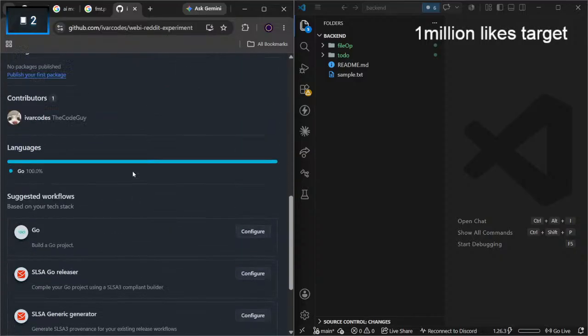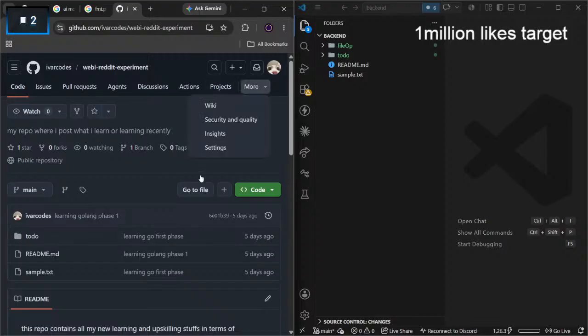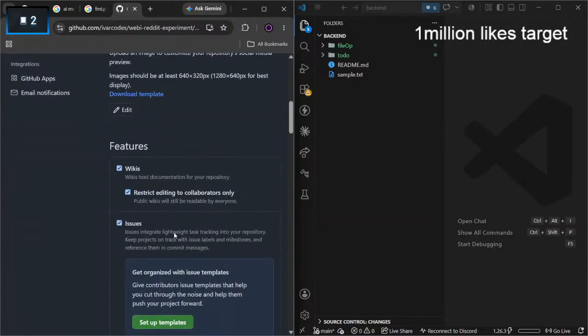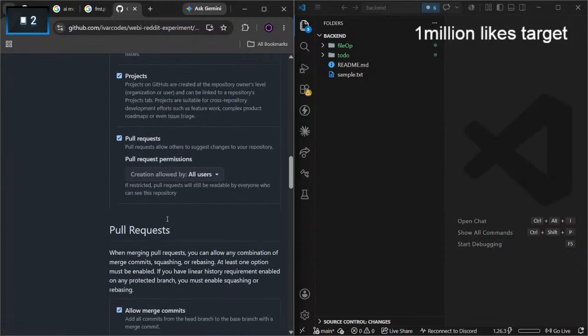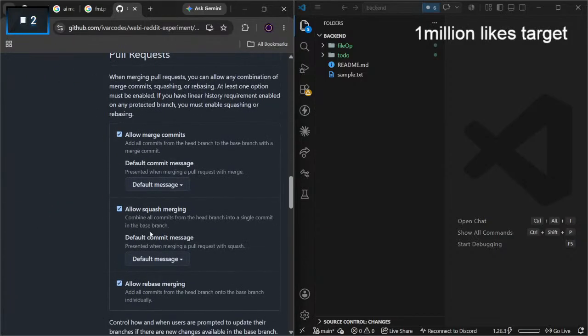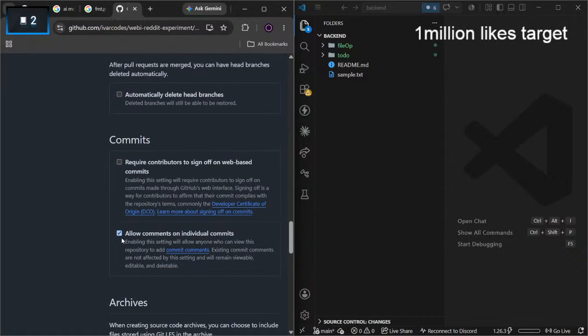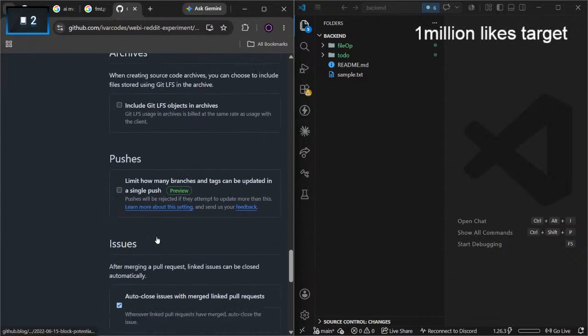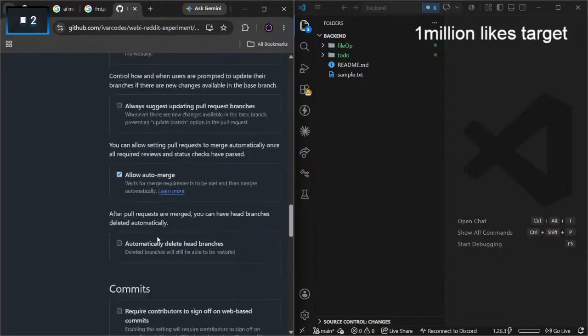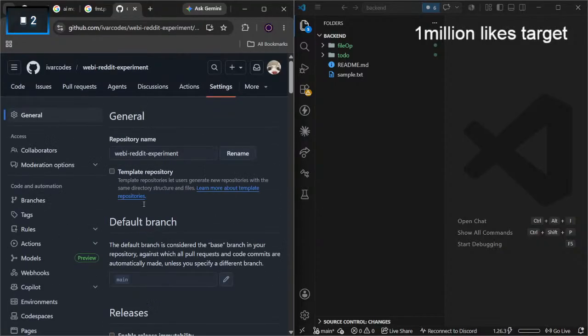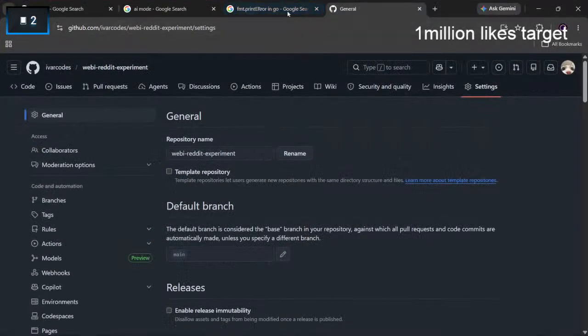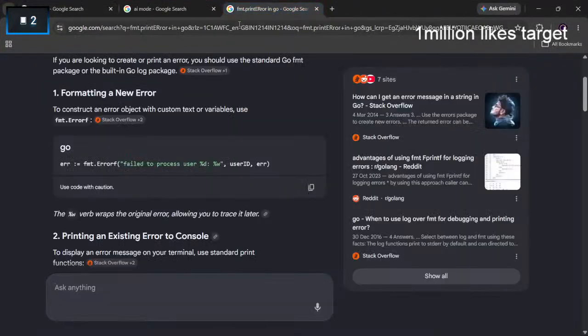You can check. Like, this is open repo. Let me show you. How do I see that? I did it that day. You don't need the permission. There it is. Yeah, allow merge commits and they allow auto merge. You don't even need permission to do. It's open repo right now. I'm just pushing. Someone else can push anything they want.